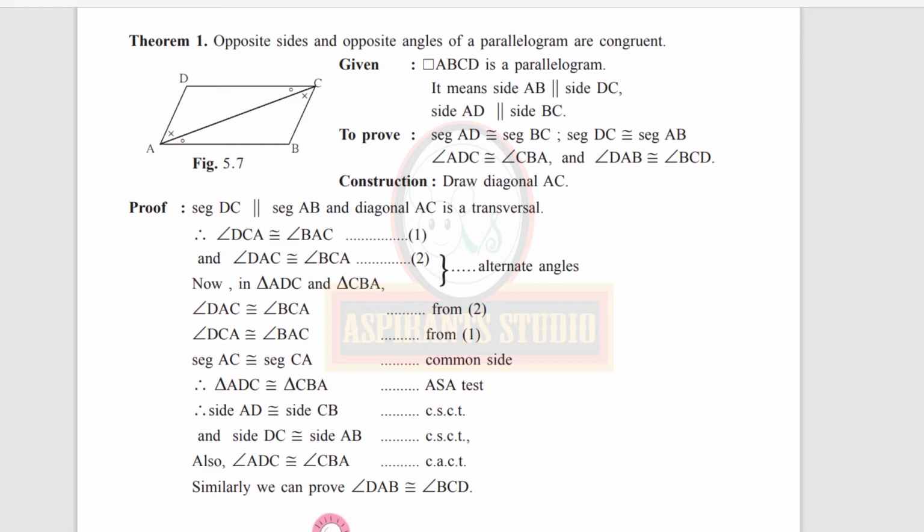Now look at the construction here. Simply with a parallelogram we cannot do anything. Now we have to prove so much, so we have to draw at least one diagonal AC. So we are drawing diagonal AC. Now coming to the proof. Segment DC